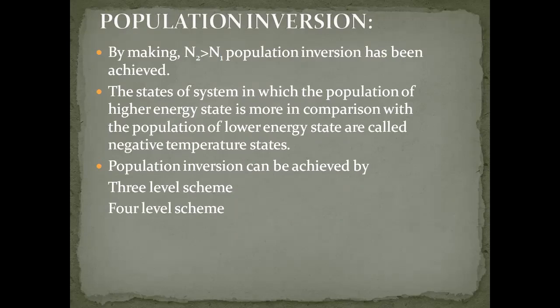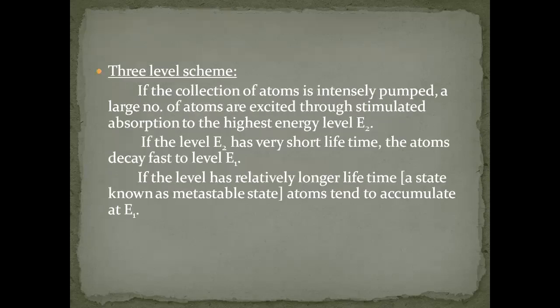Coming to the first scheme, the 3-level scheme, by which we can achieve population inversion. As the name itself specifies, three energy levels will be there. Let them be E0, E1, and E2, where E0 is the lower energy level, and E1 and E2 are the corresponding higher energy levels. If the collection of atoms is intensely pumped, meaning we are just giving external energy,